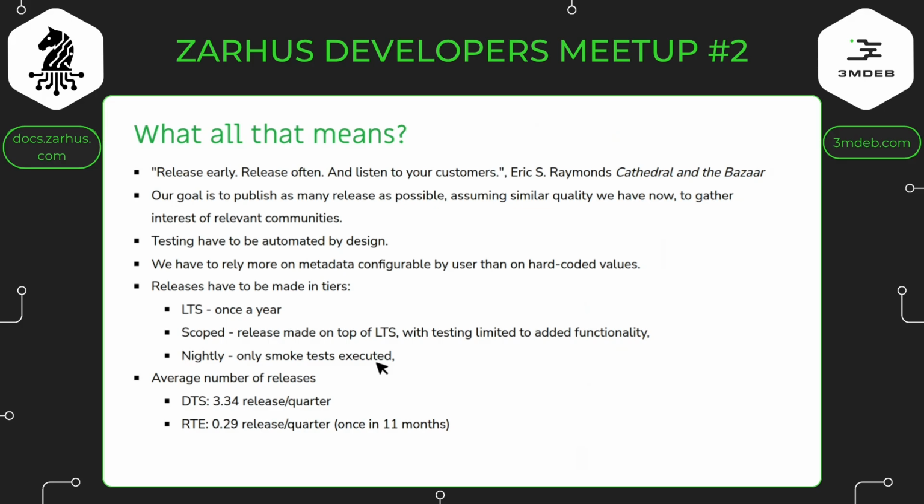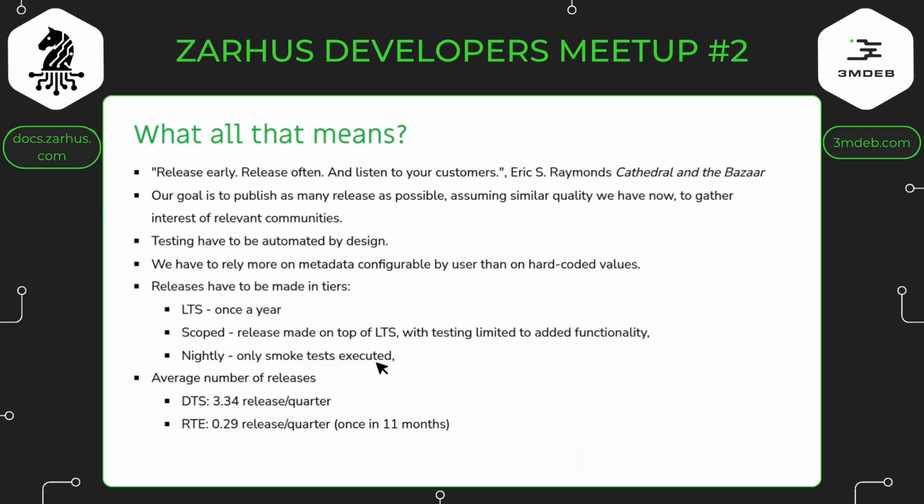Of course, this is not always true, but then we can communicate with users: listen, this is not an LTS release, there can be something wrong there, and if you have any feedback, please submit an issue or just let us know over the chat. And nightly builds which are automatically smoke tested, and that's it. There are no guarantees that nightly will work, but on the other side, it will work minimalistically, and someone will have something very fresh, very